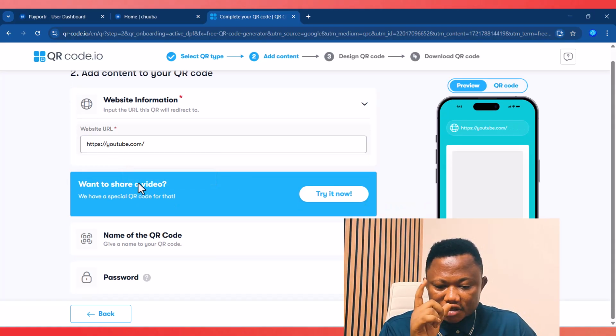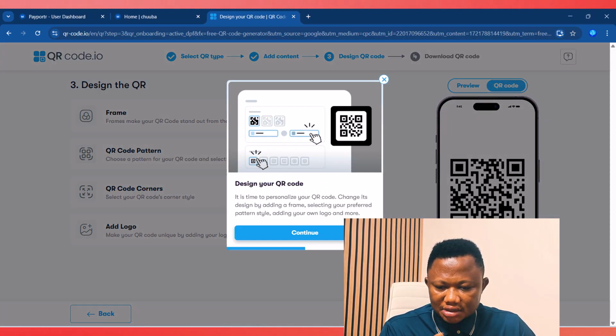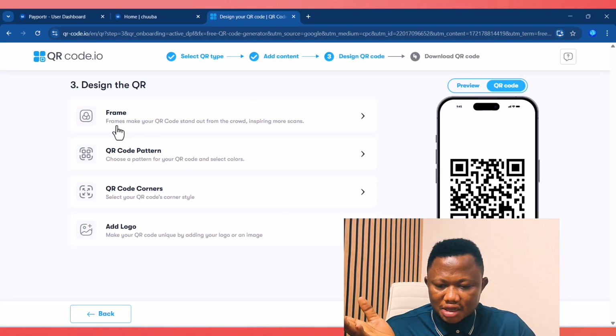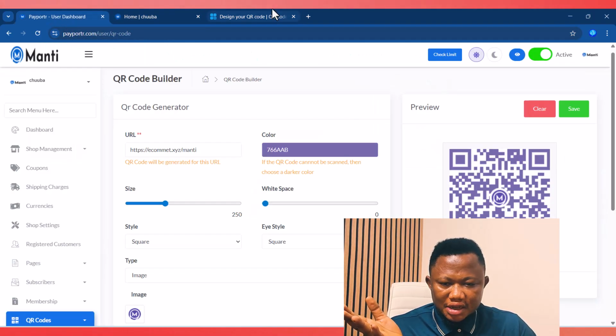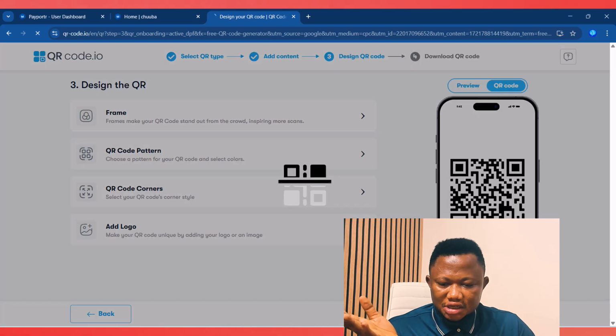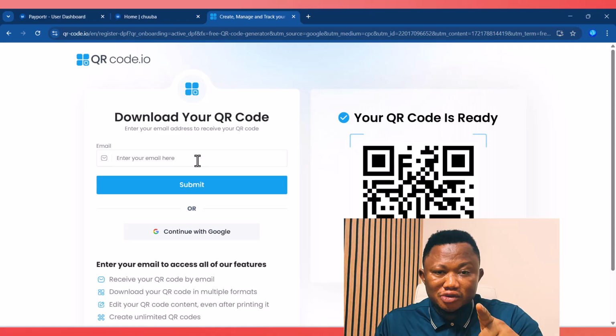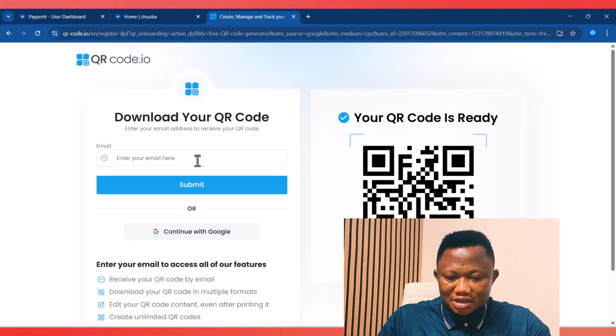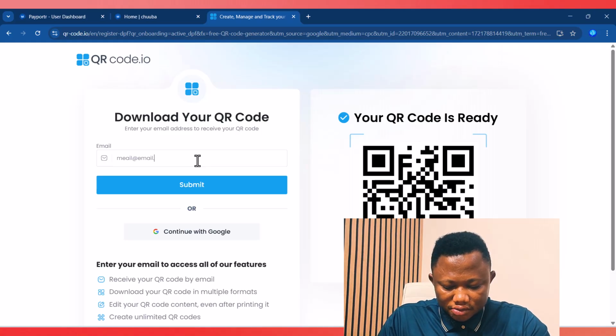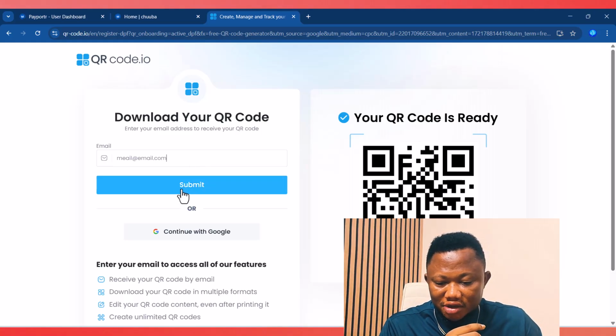So you know that it is no longer free, right? The way it is, we don't want any name on it. We say next, and it's going to ask us for a frame and all of that. Let's leave it. If we want to add our logo, just like we can do inside PayPortr, we can add our logo and everything. We say create. Now let's see what happens. Now it wants you to put your email, right? So for you to download it, I'm going to say email@email.com. I don't want to put any real email. So you see,